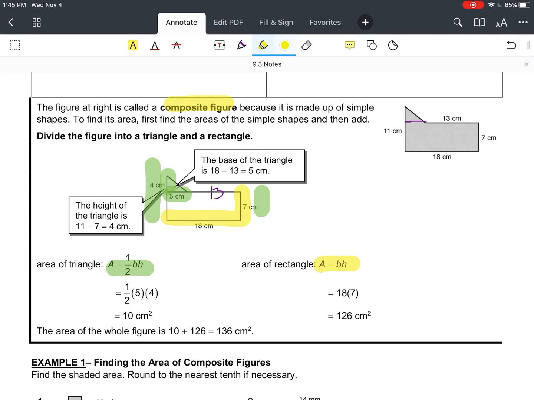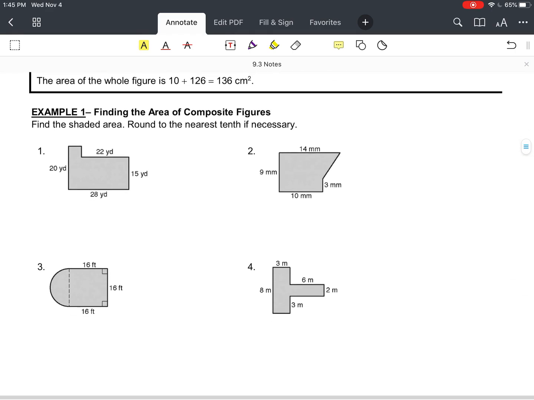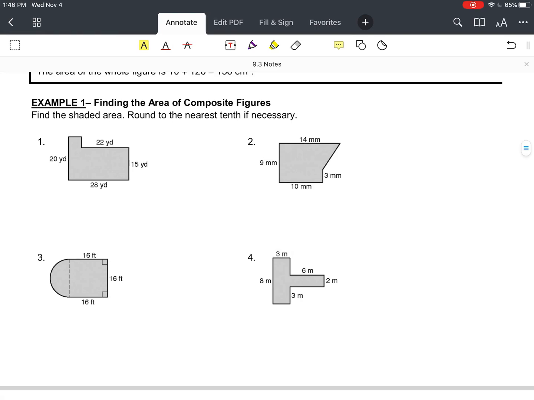Then we can find the area of the triangle and the area of the rectangle individually. So here's the area of a triangle formula, and then here's the area of a rectangle formula. Substituting the numbers in, we get 10 and 126, and then we can add them together. So that's how you find the area of composite figures. You might break up the figure differently than the friend sitting next to you, and that's perfectly fine. As long as you're coming up with the same answers in the end,